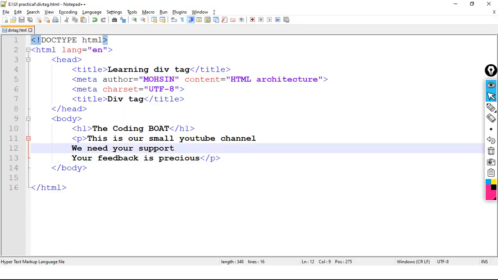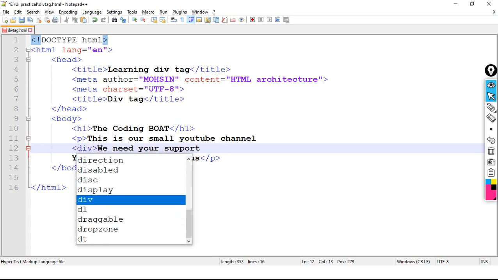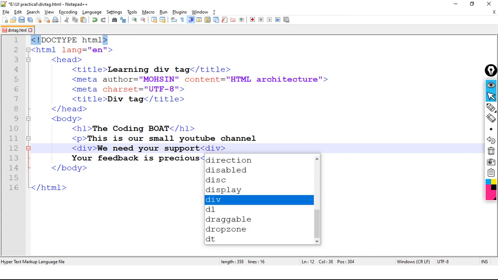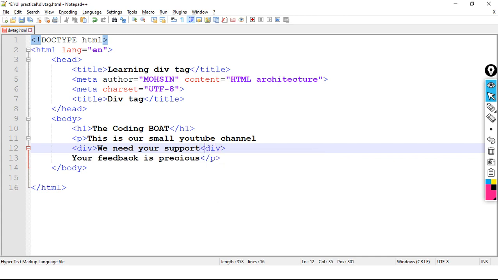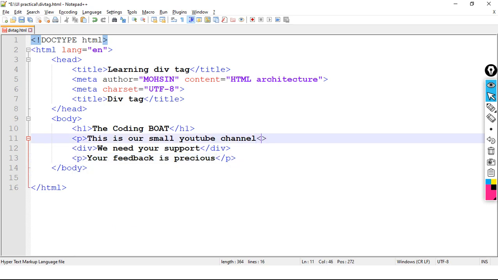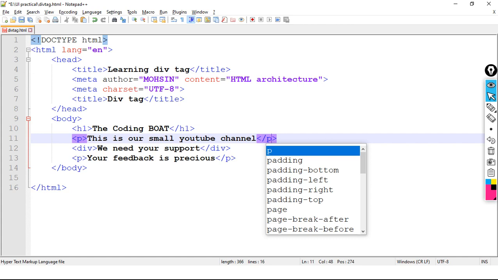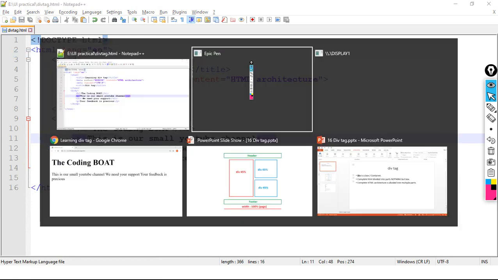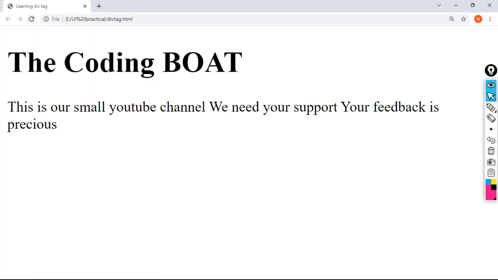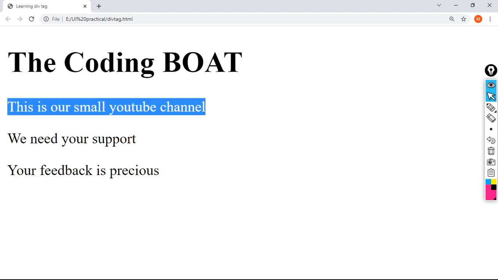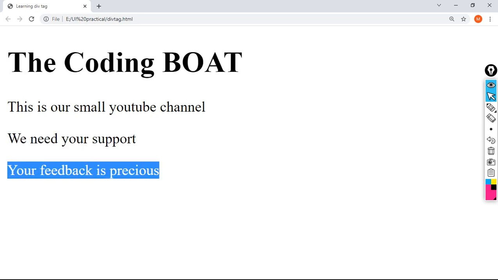Where? Here. See here, div opening, and here div closing. This is one paragraph and this is one paragraph. Now observe. Let me save the code. I am going to refresh the page. Here, see, we have this one paragraph tag, then div tag, then paragraph tag.